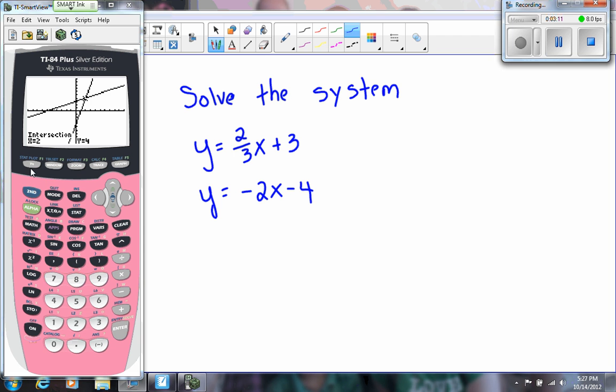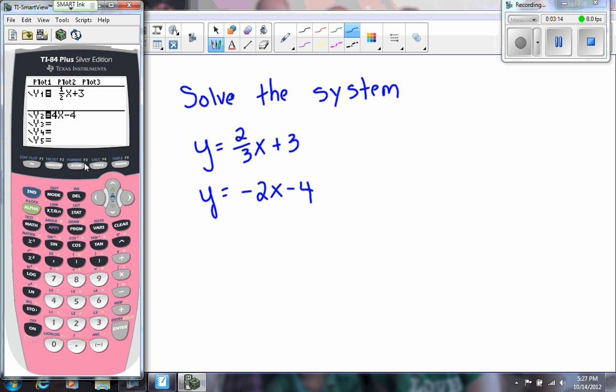All right, so let's try this next one. I'm going to clear my graph here and type in 2/3, and I'm just going to do 2/3. I get tired of doing the fraction key. 2/3 x plus 3. And I'll clear out this one and type in -2x minus 4. All right, hopefully you remember that the x key is next to the alpha key. That's the shortcut for x. Now if I hit graph,